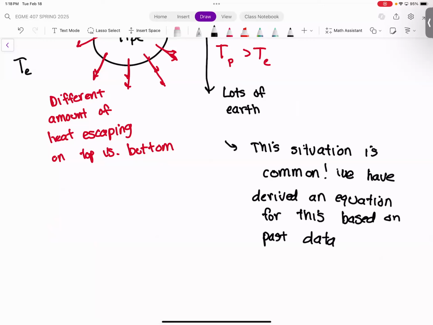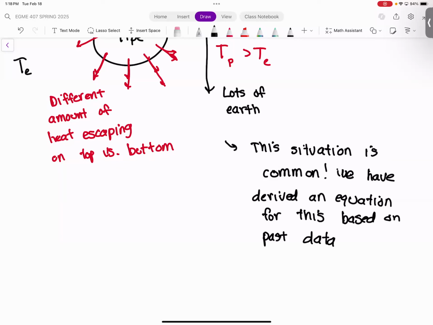Okay. So this is something that's quite common in science and engineering. You've probably seen this to some degree in the past, where if a certain situation happens enough, a lot of data is collected on it. Then based on that data, we're able to come up with some kind of formula, equation, or trend. So for this specific situation, which is a pipe underneath the earth,